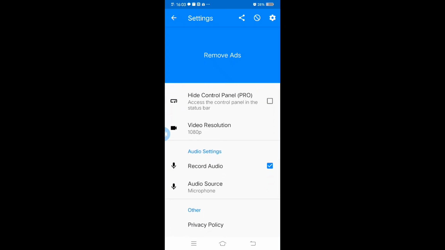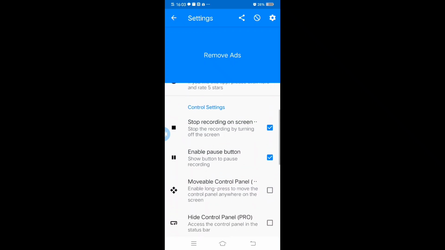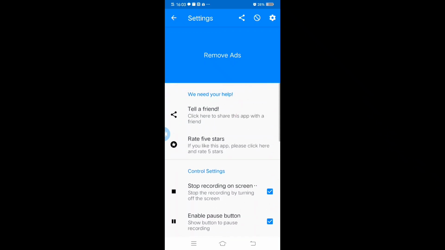And then you have video resolution, that is the size of the video that you want in it. Then record audio, yes of course, and we have audio source, which is a microphone, and the audio settings. Then other we have privacy policy and terms of service. So control settings भी बहुत छोटे हैं,